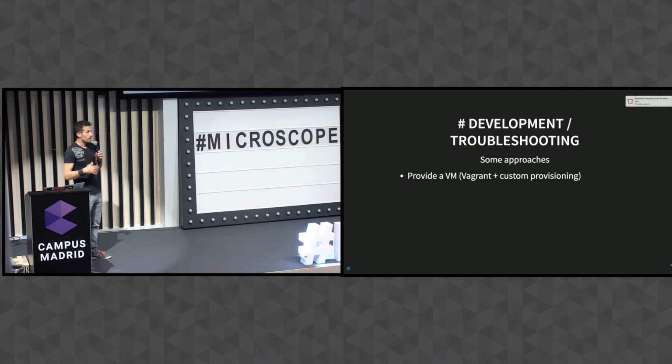It should not be painful for the software engineer to deal with this environment. One approach: you can provide a VM, for example. Vagrant is a good tool for it. You can provide a pre-configured VM, or a VM with a provision script that can be, again, a custom script or a tool like Ansible, Puppet, Chef, a configuration management script. Or